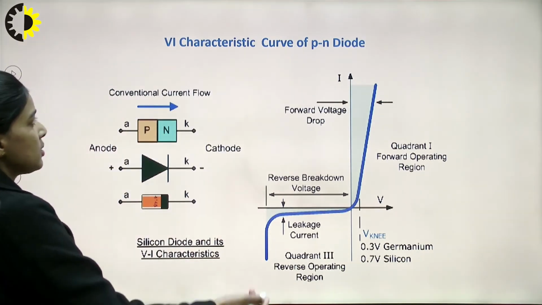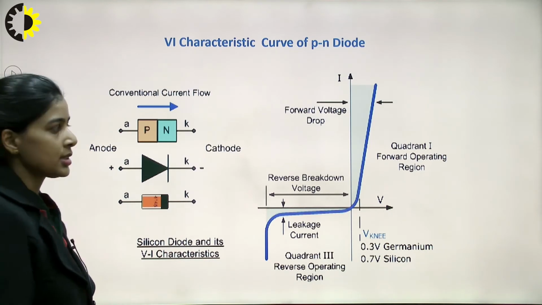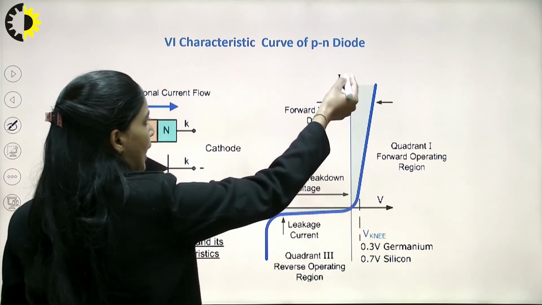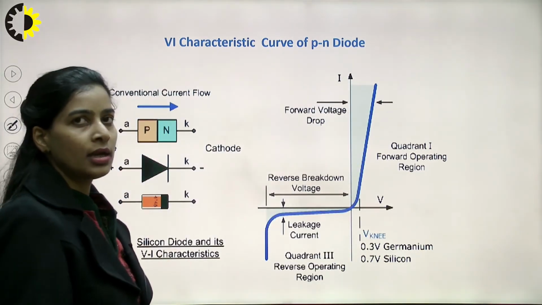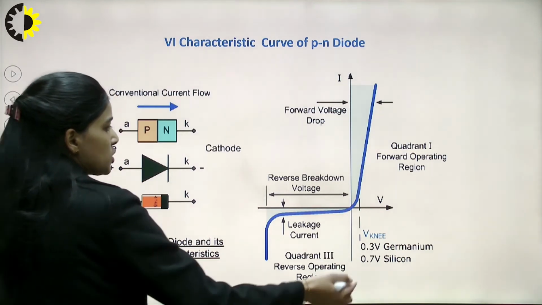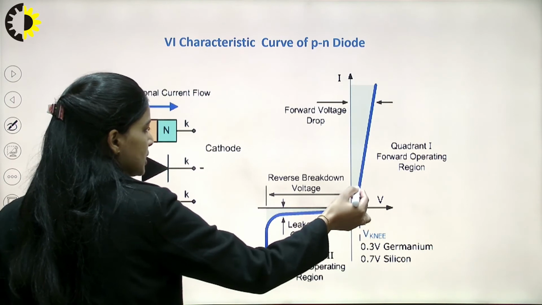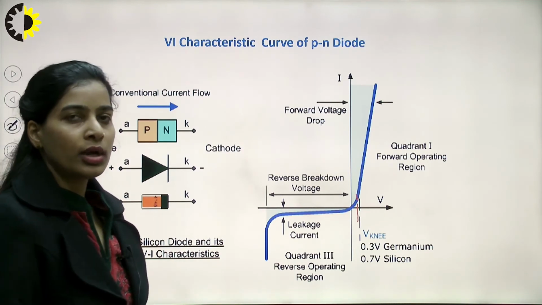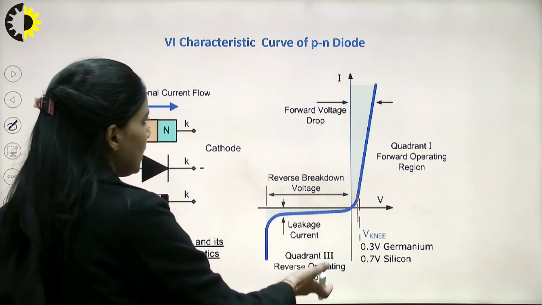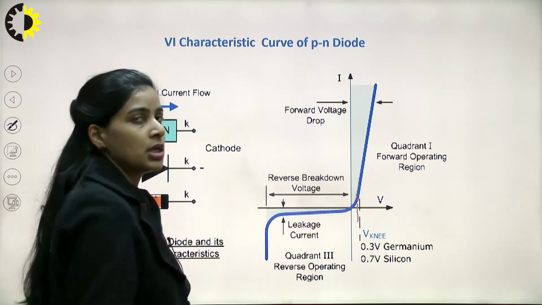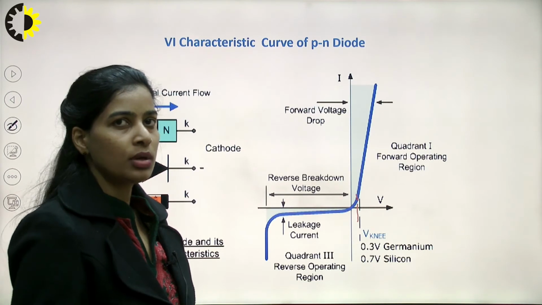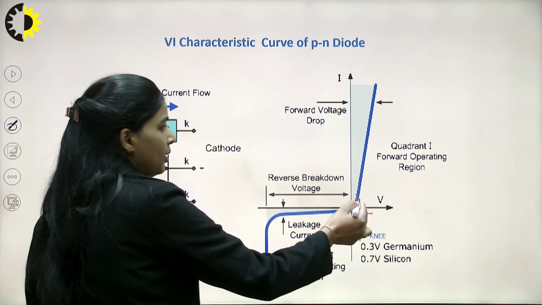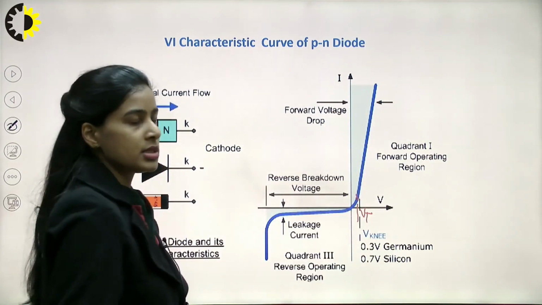So combining all this, we can draw the diode characteristics. On the x-axis we have the voltage across the diode, and on the y-axis we have the current flowing through the diode. Here you can see there is a cut-in voltage, after which the current rises sharply. Correlating with the previous discussion, you can find that this characteristic shows a diode that has a forward voltage drop of some value Vt and a finite value of resistance.